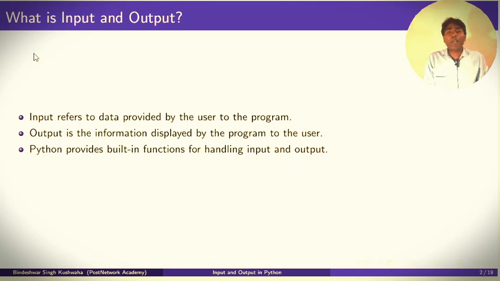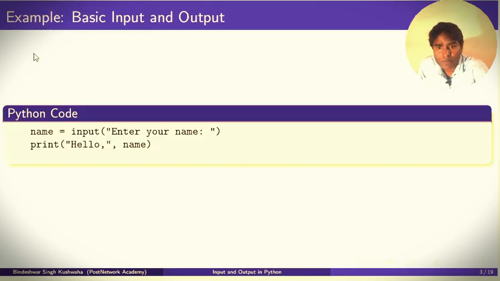Now basically Python provides built-in functions for handling both input and output. So let's see which are the built-in functions. Python provides the input function, and inside the parentheses you can show your message, and it will take an input. The input is name, and it will print. So here print is the output function. So let's take this example